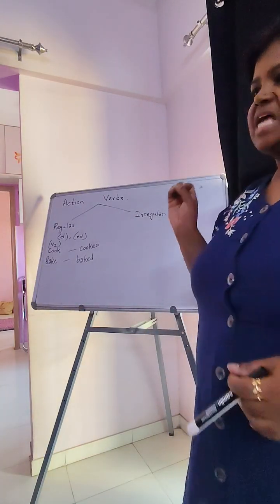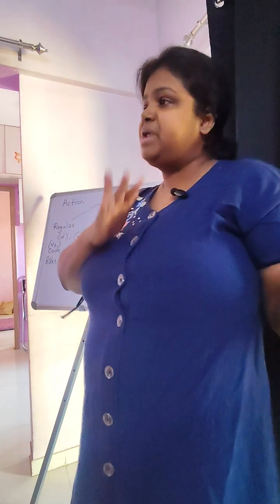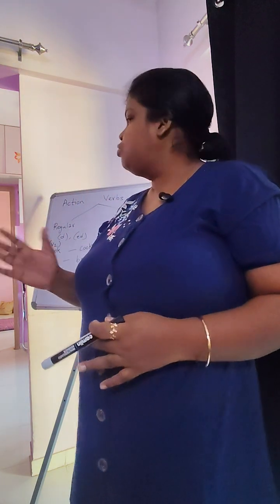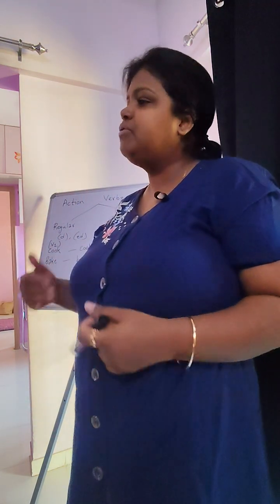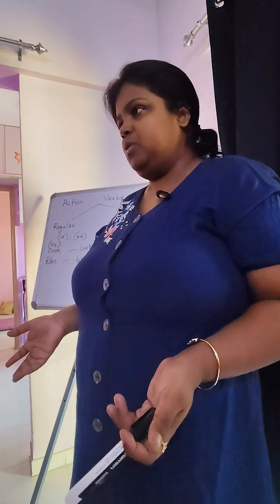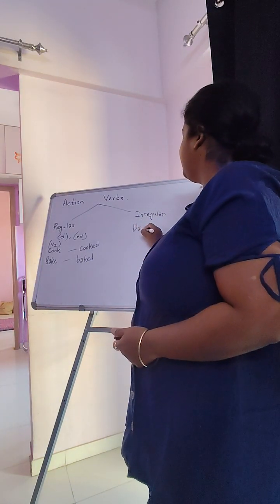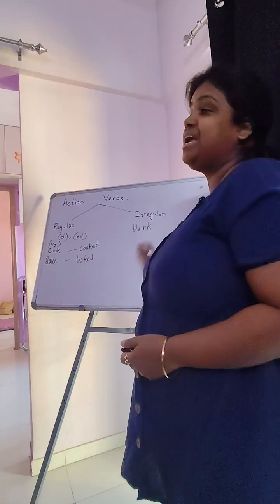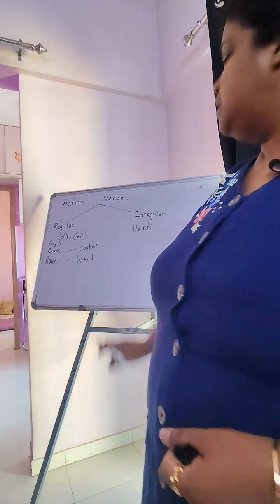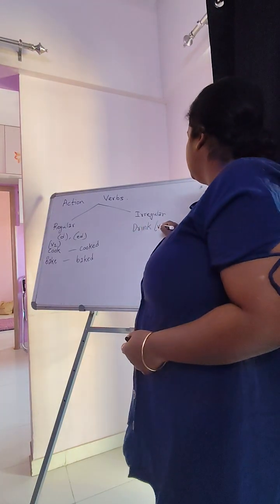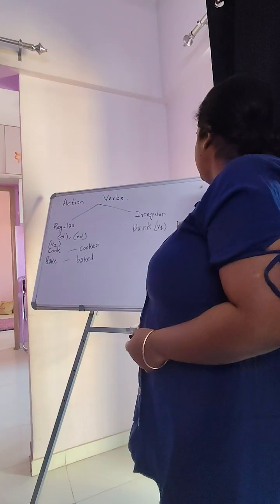Now, what is irregular verb? Irregular verbs are those actions when you convert them from present to past tense, you don't have to add any letters, the word can change completely. Okay, for example, drink. What is the past tense of drink? Drank. V2 form is drank. Drink is V1, V2 is drank,